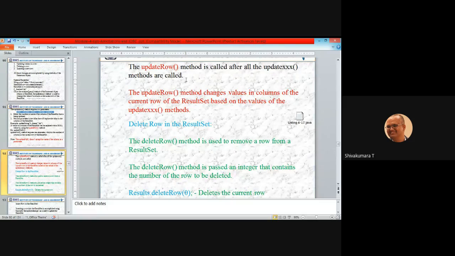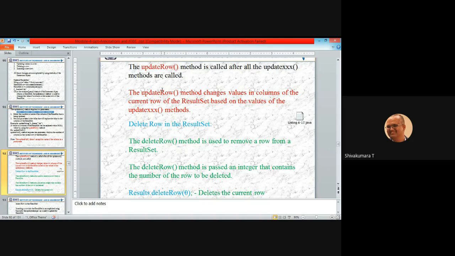For example, you are updating the last name, the balance value, and the contact number of a customer. Here the last name is the second positional value, the balance status is the fourth, and the last contact is the fifth. So you are updating three values.